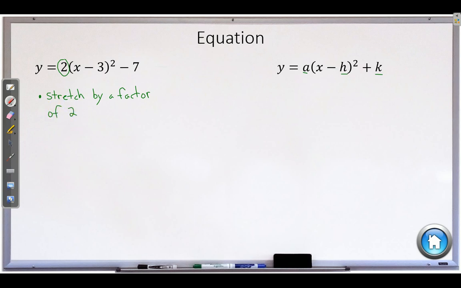So this parabola is going to get taller, which essentially makes it look skinnier. All right, and then a minus 3 where h is. So that means we're going to be moving to the right 3. That's the tricky one. You have to remember that that does the opposite of what it looks like. If you see a minus, that means you are moving to the right. So we call that a translation. So we are translating right 3